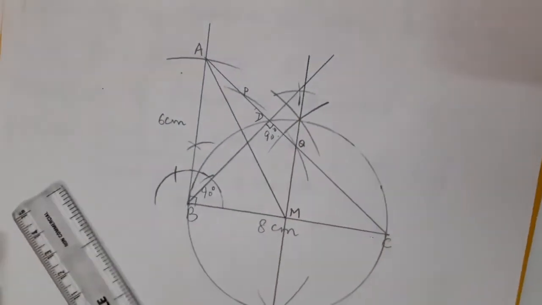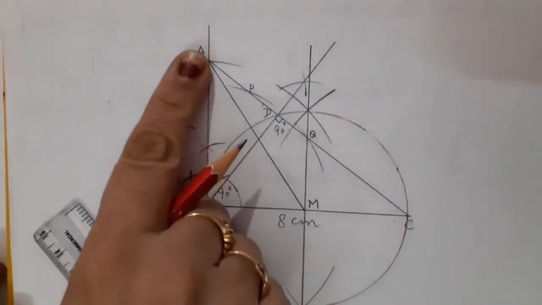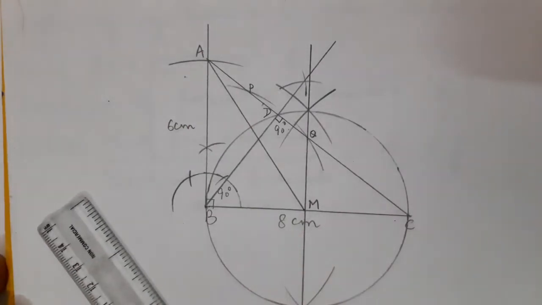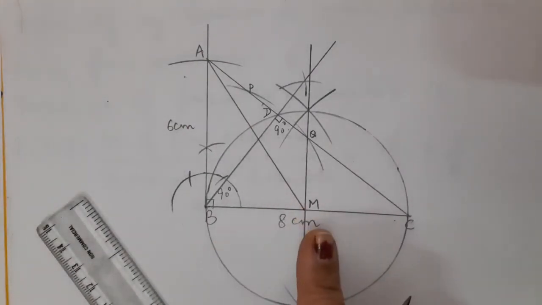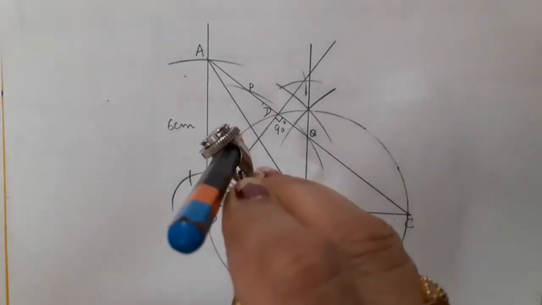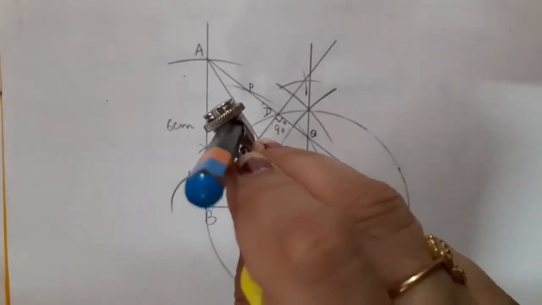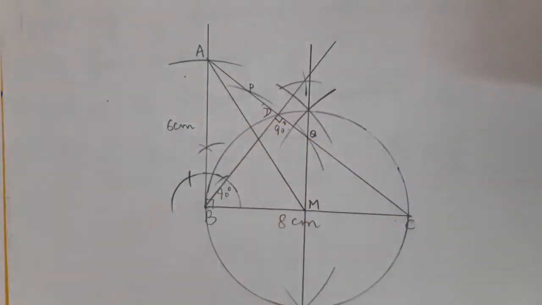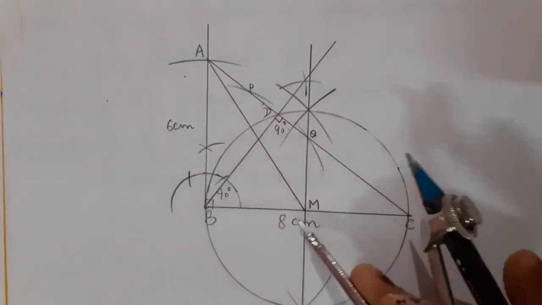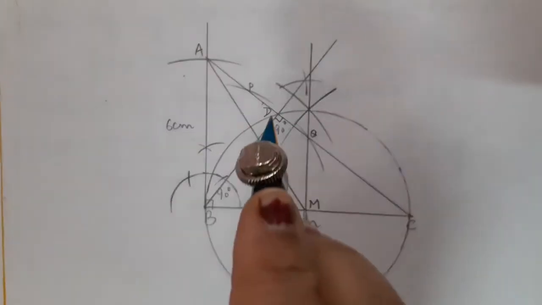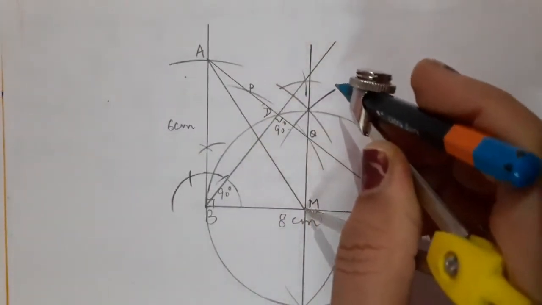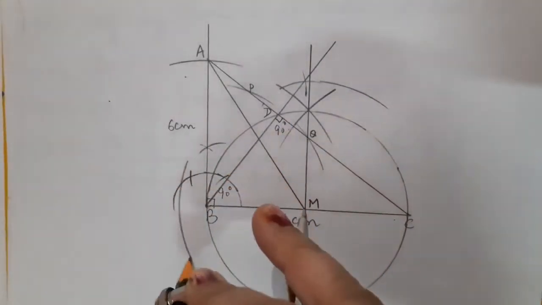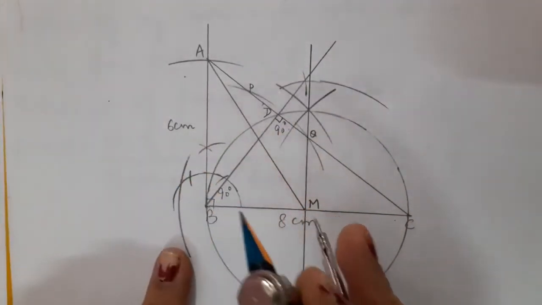Fine. What will be the next step? We are supposed to take the perpendicular bisector of this line segment AM to come to know about the new center point. For the perpendicular bisector, you know that we are supposed to take more than half of the length AM. Okay. So while taking M as center point, I am just going to draw one arc, and while taking M as center, again I am drawing one more arc.